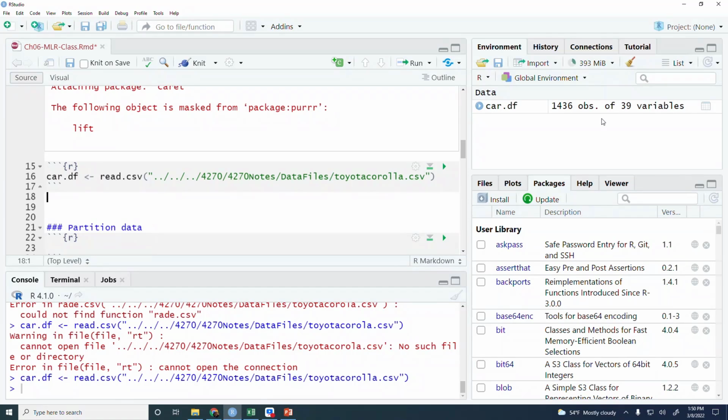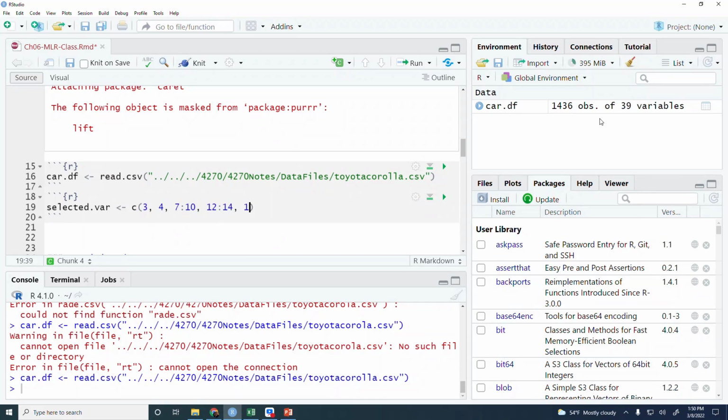So we're going to do 3, 4, 7 to 10, 12 to 14, and 18.